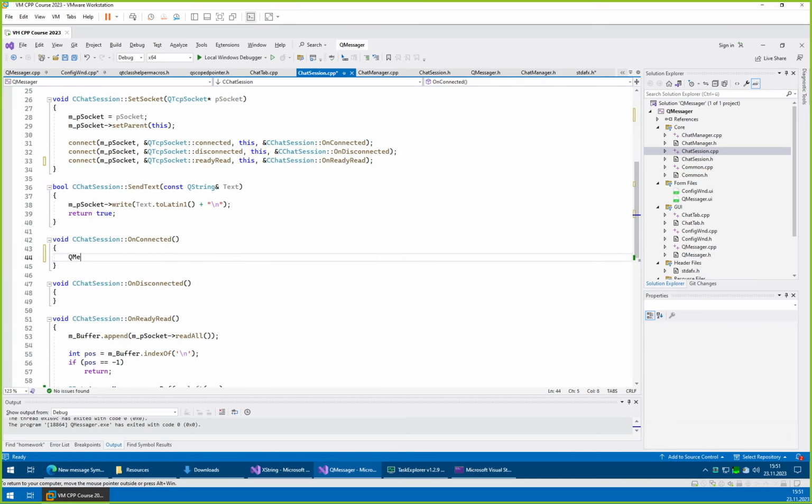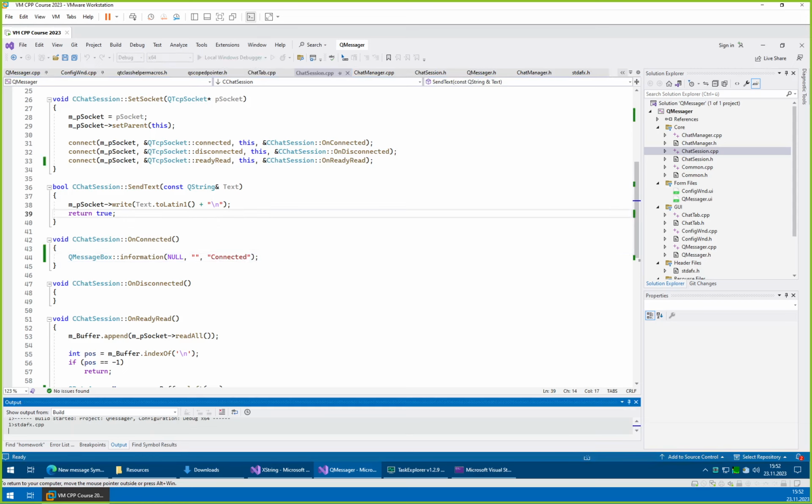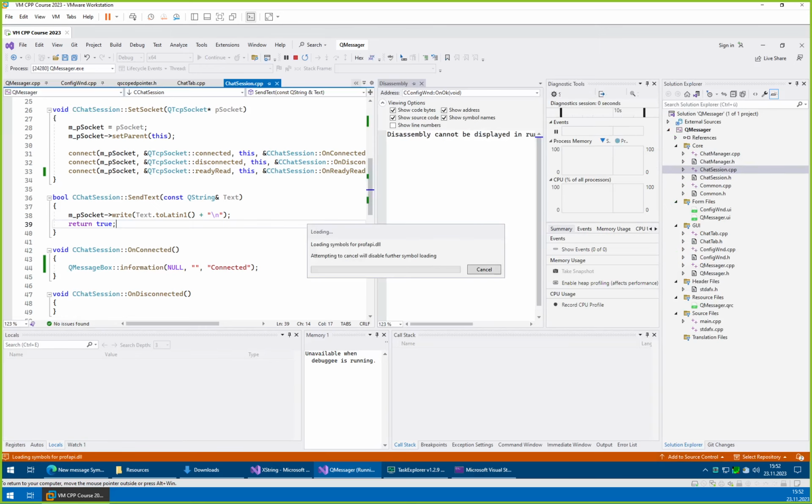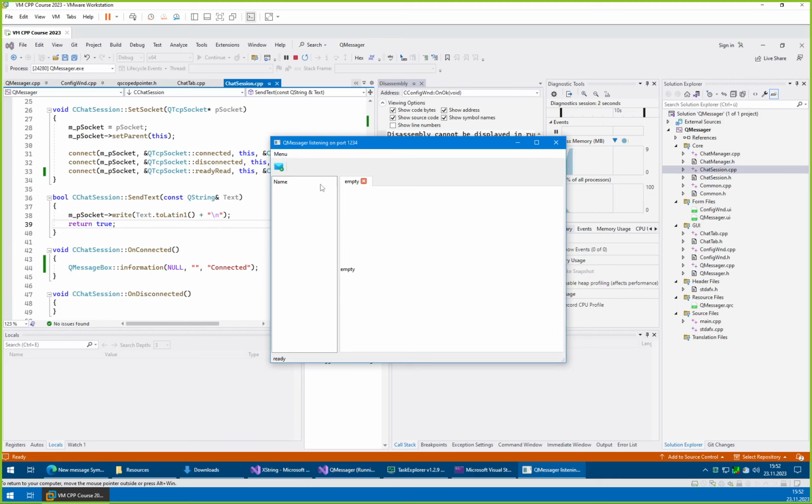So you can here put a queue message box, information, just for testing, we'll remove it later. Okay, so we expect now when we run it and then run the other instance, for every window to throw one connected message box. And from those message boxes, and from these functions, this onConnect will then add something that will send our username to the other side in a way which will not cause it to be displayed as a